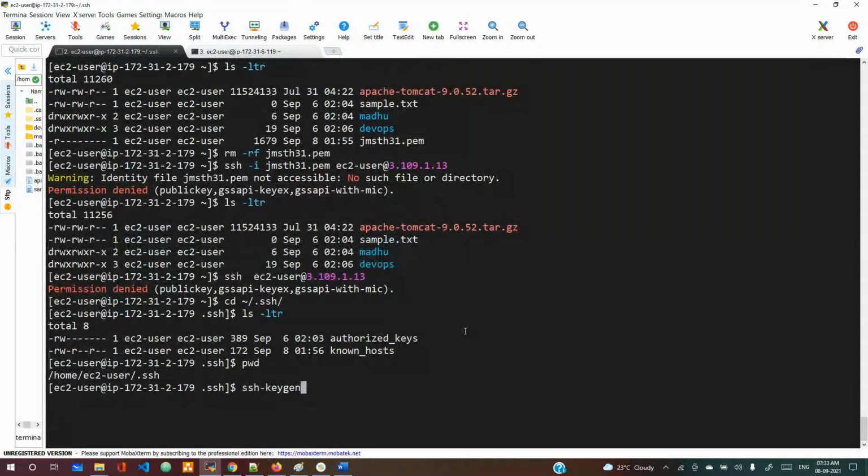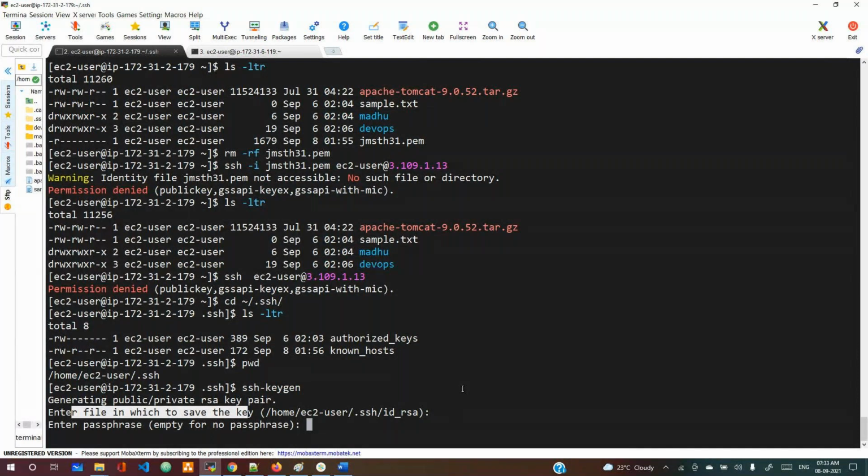ssh-keygen. And if you can see, after entering this command, it will ask you to enter the file name to save the key. If you give your own name, it will create your private key and public key with that name. But if you give the default enter, the default name is id_rsa. RSA is the algorithm by default, and it will take the ssh-keygen. Now the file name is id_rsa, and the passphrase